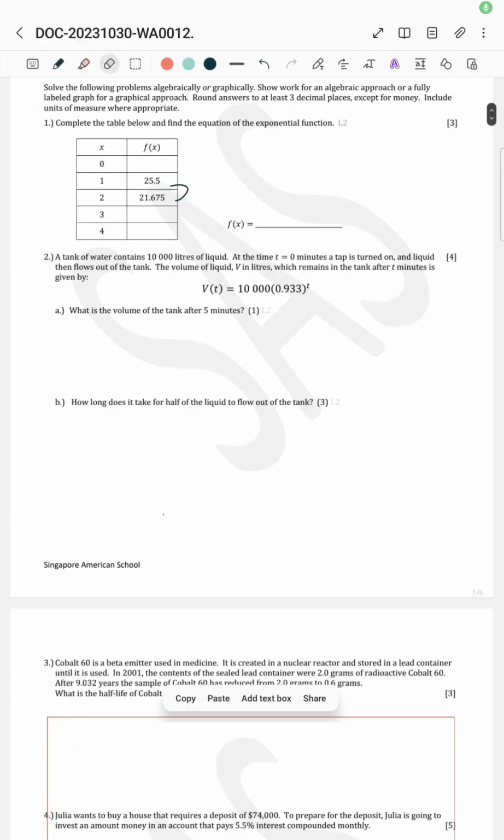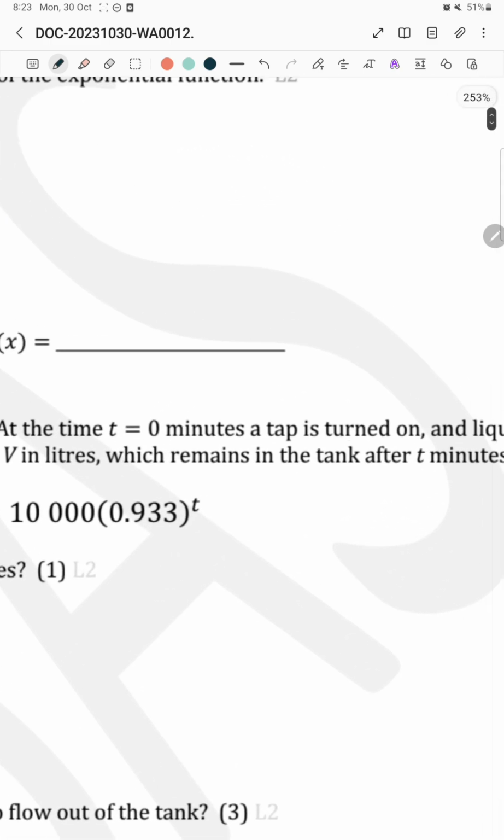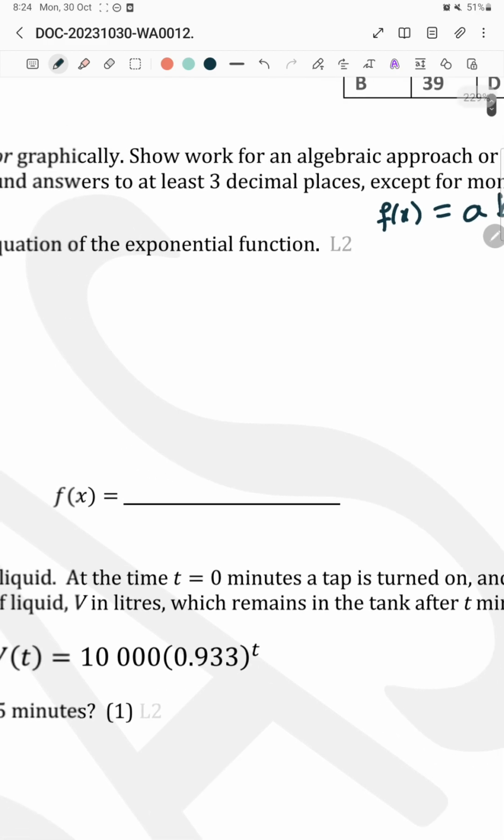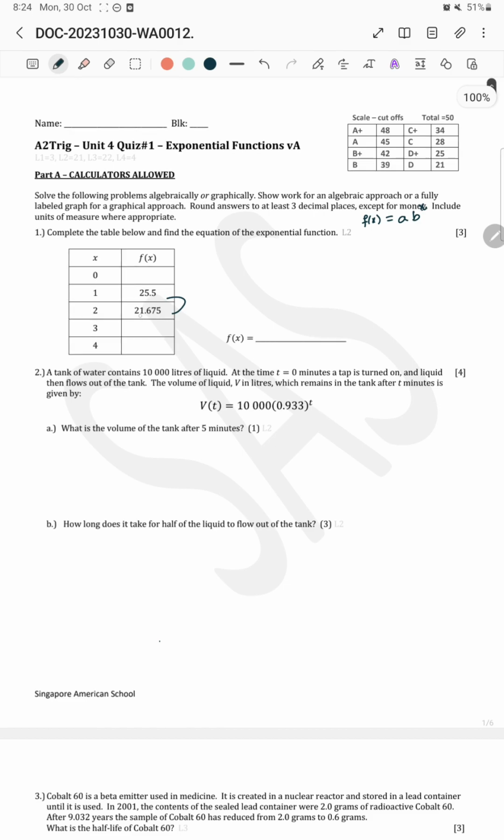More practice for the exponential functions. Complete the table below and find the equation of the exponential functions. So we know that f of x is equal to a b to the power x. We know this equation. Okay, so now, according to the given information, f of x is